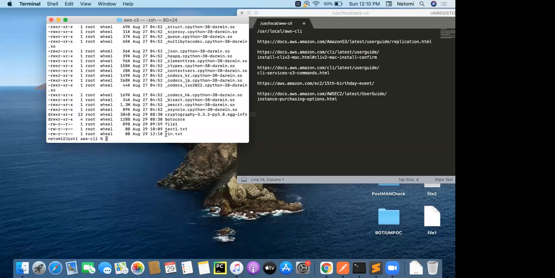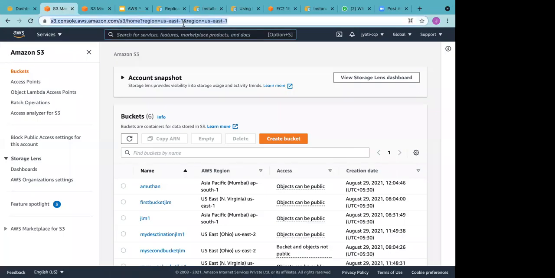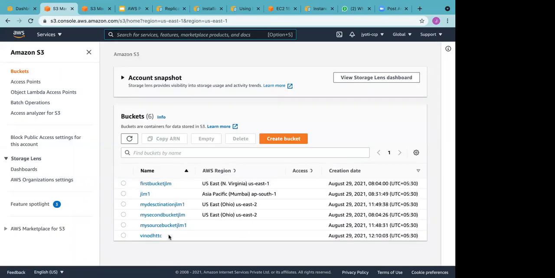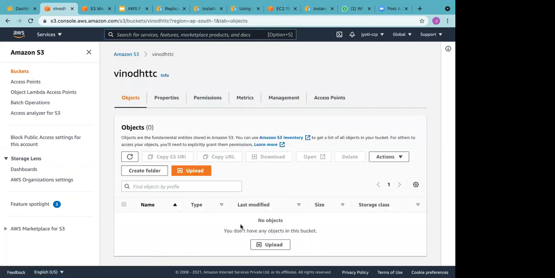So you see this file on my local system. Now I'll move this file to the bucket which I created. Let's first go ahead and see the bucket. For now this is empty. If I click on this, there is nothing in it.